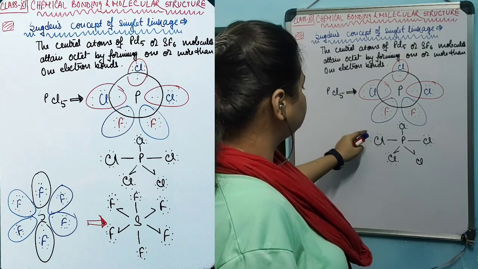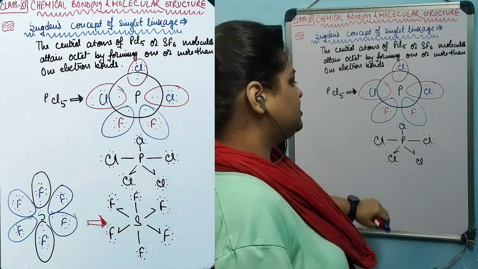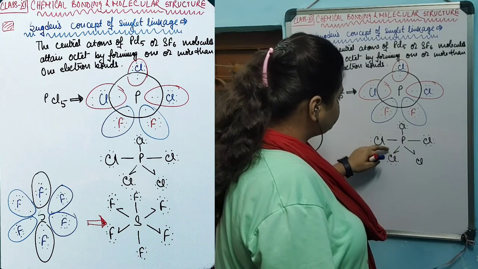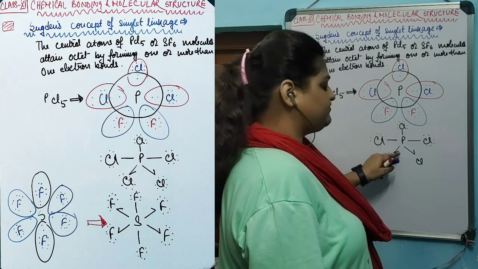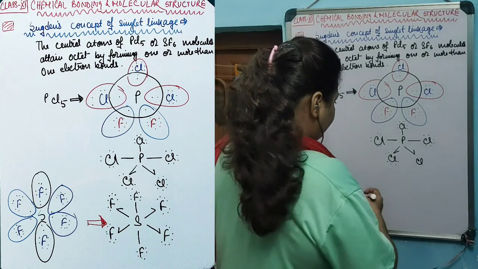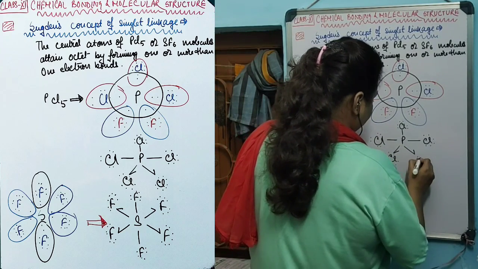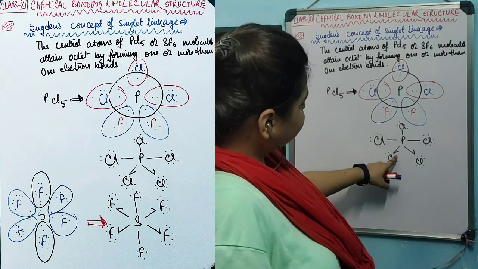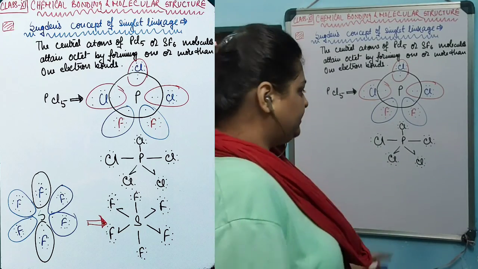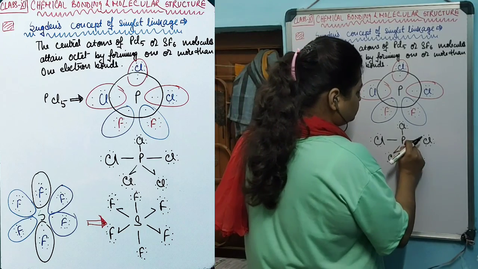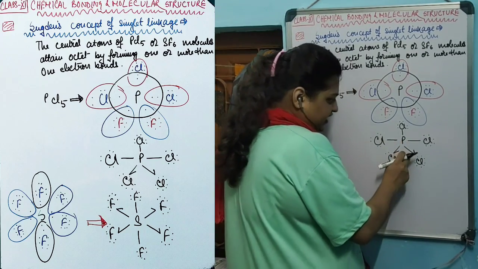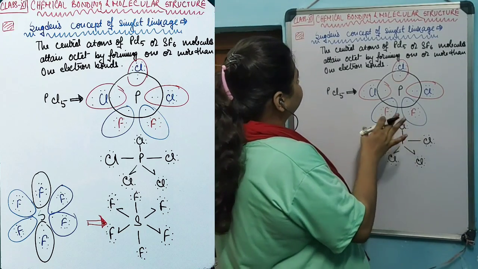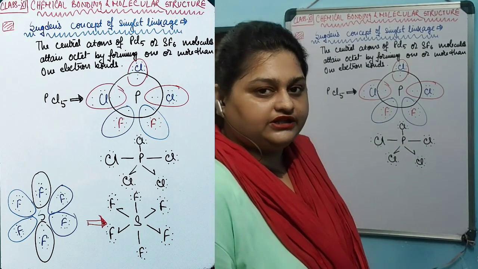Thus you can see that all the atoms in this compound have an octet, like 1, 2, 3, 4, 5, 6, 7, 8. All the chlorines have a filled octet. In the singlet linkage also, 1, 2, 3, 4, 5, 6, 7, 8, the octet is filled, and for the phosphorus, 1, 2, 3, 4, 5, 6, 7, 8 electrons are filled also. So according to this rule of Sidgwick, the octet can be filled in the central atom.